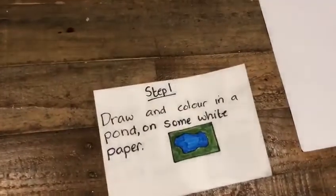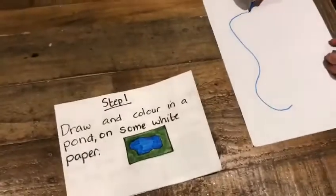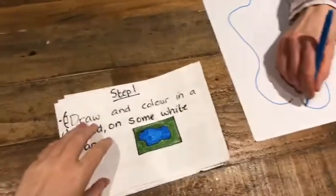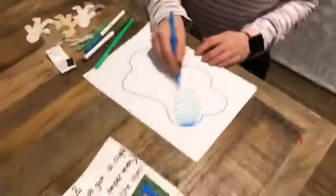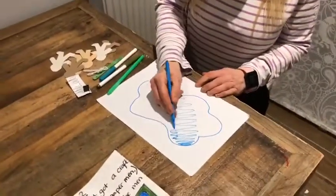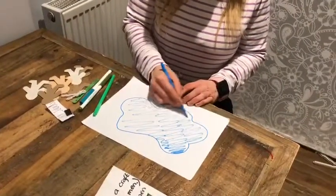So, Beth, would you like to read step 1 for me? Draw and colour in a pond on some white paper. Okay, so here we go. Here's my pond. Now obviously I'm colouring mine in really quickly so that you don't have to spend 20 minutes